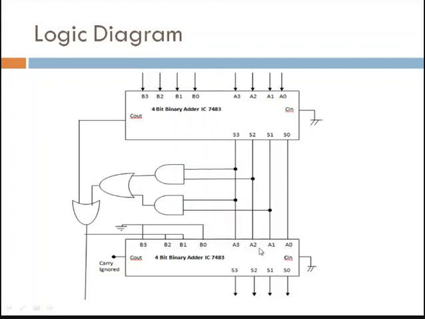So 7 plus 0, your answer is 7. Because whenever you connect two ICs in this circuit, the second IC will also work. But if it is a valid result, we don't want to add the second addition. But since it is connected in your circuit, it will work.